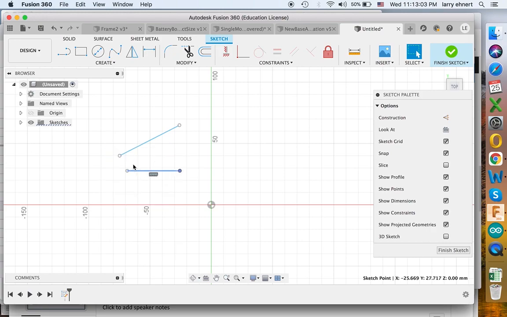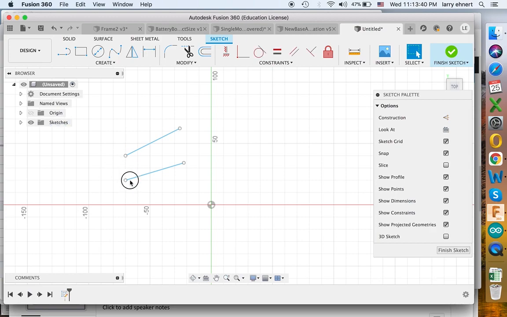I can delete that constraint right there, and now I can come back and move that. These points, they'll snap onto that grid line because I have my snaps turned on, but they don't stay there. I can move that angle as well. If I highlight those, I'm not sure if I have to highlight them or if I have to pick them